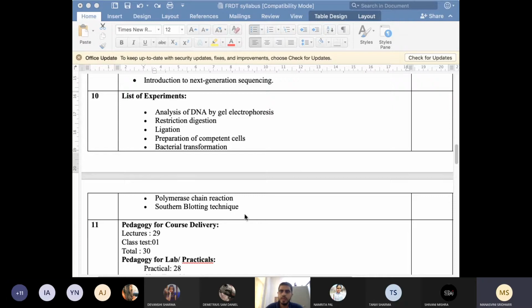Okay. So whatever experiments are listed, the first prerequisite for them is going to be your DNA. As we are talking about recombinant DNA technology, whatever this technology we are going to talk about is going to start with DNA. If you do not have DNA, then what are you going to do? So the first thing is to have the DNA. Then the main question is how to get the DNA. I think we should start with this one first, as it is not listed in your syllabus, but I will start with this experiment.